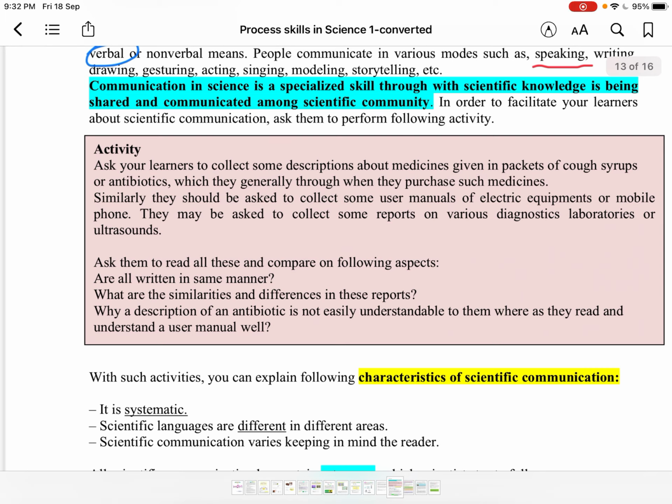So why is a description of an antibiotic not easily understandable to them, whereas they read and understand a user manual well? In antibiotics, on the outer cover sheet, the description is also given, but usually people do not understand what is written in it. So without understanding, people take out the tablet or capsule and have it. But we can make our learners, students, go through this scientific act of seeing these things and finding out the